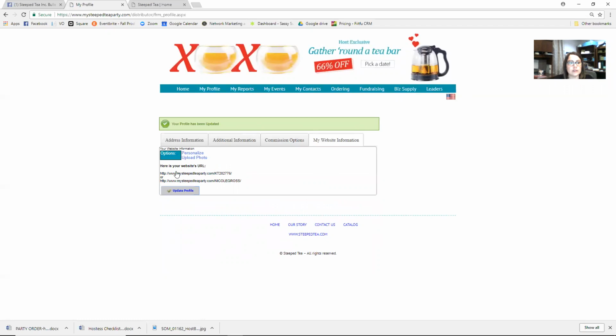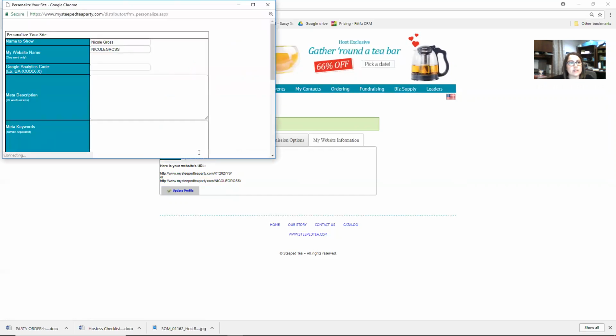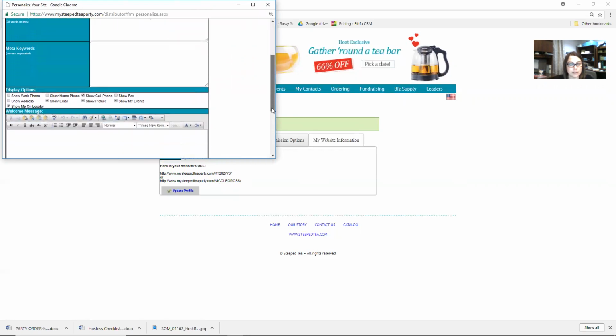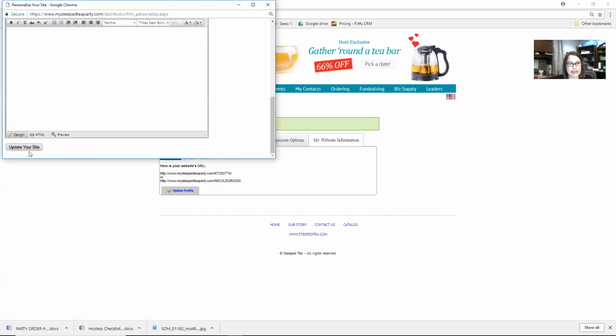and a second screen will appear. Oops. Oh, I'm sorry. Click on Personalize, and a second screen will appear. And the name that I want to show on my website goes in the first field. And then that ending that we saw right down here is what you can fill in. My website name is Nicole Gross. So you can put your first name in there. You can come up with anything else you'd like to. But then you're going to want to scroll way down to the bottom and click on Update Your Site. After you've done that,